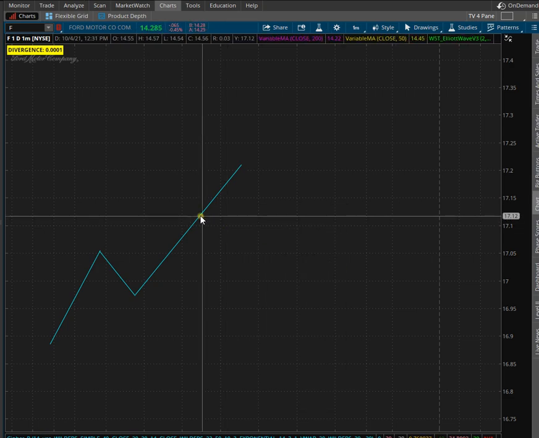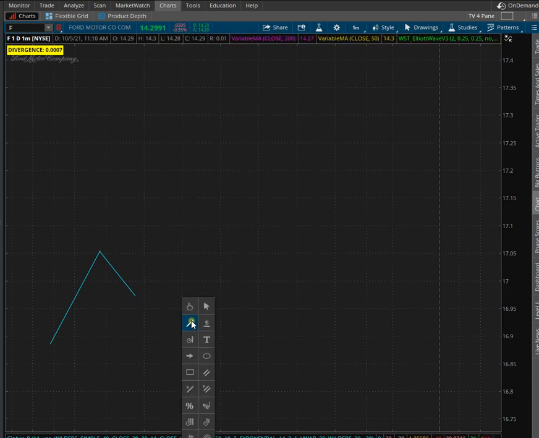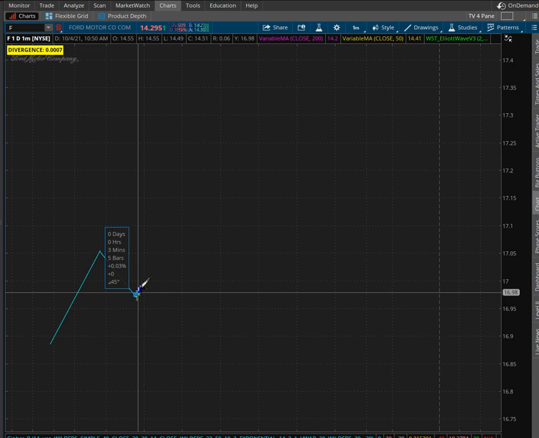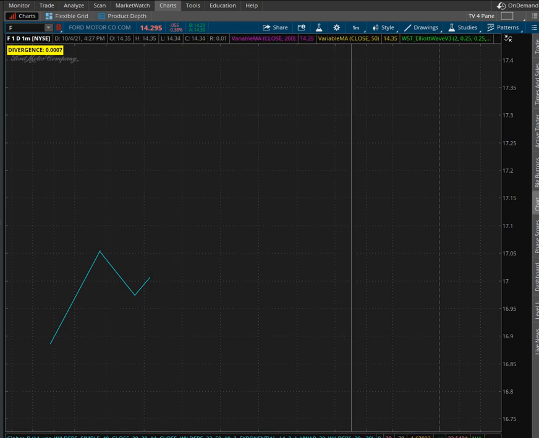So once we've had a discernible wave 1, here's your wave 1 high. We've got a discernible wave 2. And now wave 3 is starting to draw. So if you want to see a probable target for wave 3, the first thing you have to understand is right here becomes a line of